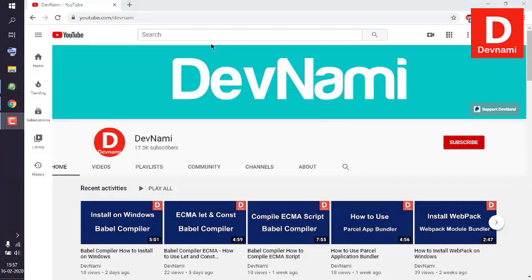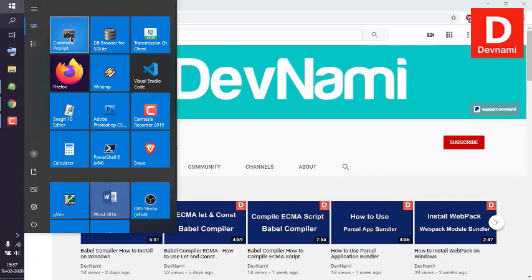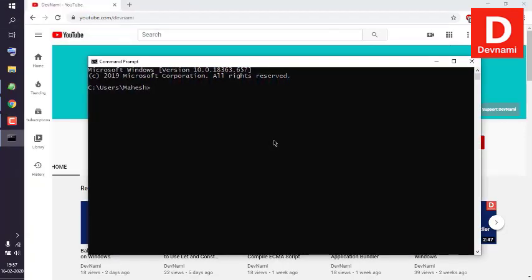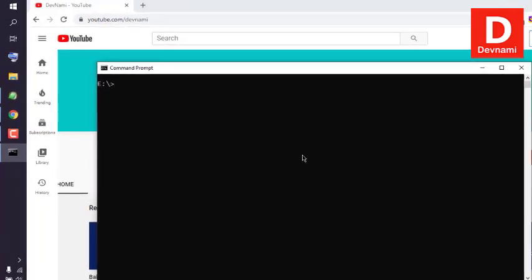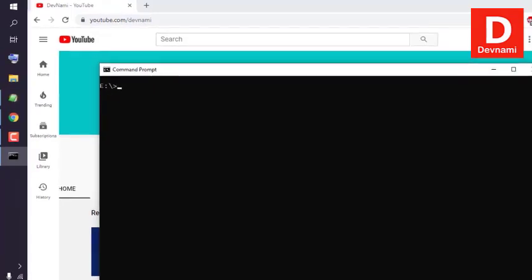So let's take a look at how you can select or connect to specific database in PostgreSQL. So what we're going to do is we are going to open command prompt, and I will show you how to use command prompt to connect to PostgreSQL to a particular database. So what we will do is we will basically just